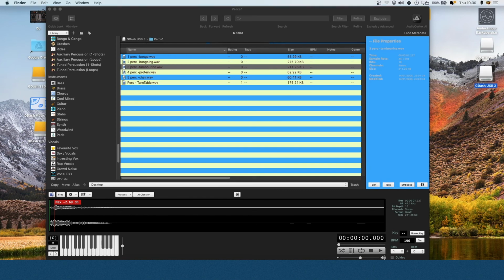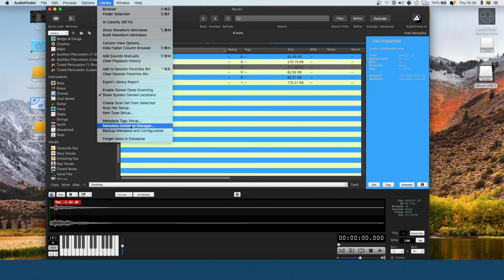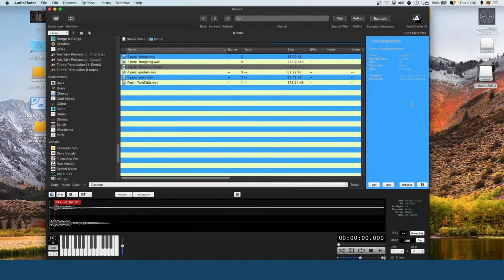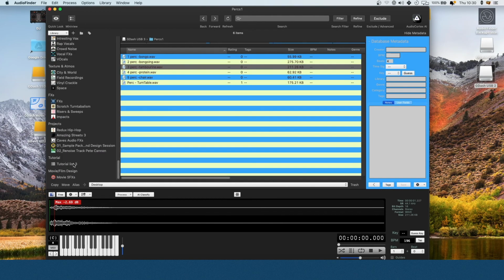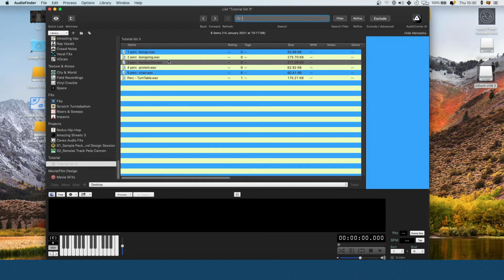In the last tutorial, I showed you how if your files get corrupted, you can use the metadatabase manager to relink the metadata and the tags which are attached to the file. But I also showed you that if the files get corrupted and they're in a list, like these ones here are, they actually will get deleted from the list, and I didn't have a very good way of showing you